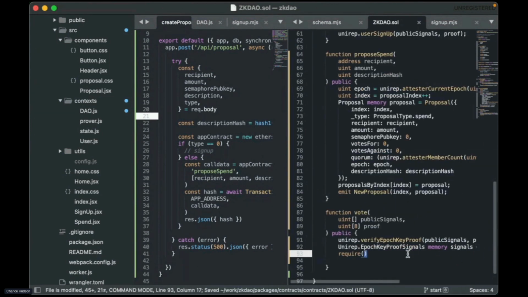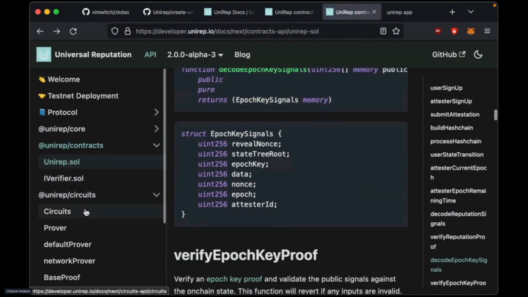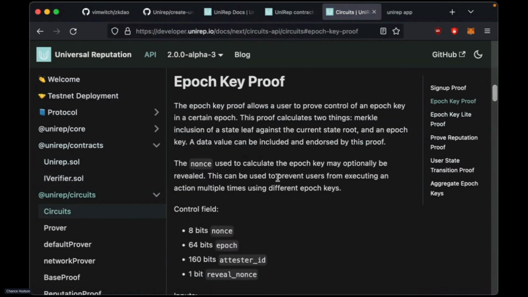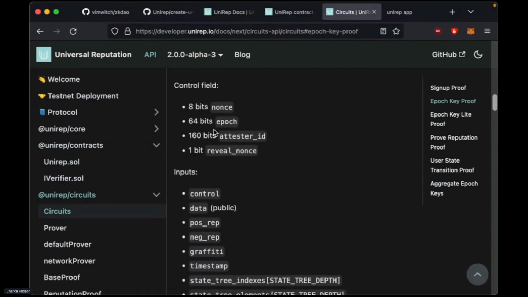So one thing that we do in these proofs, this is actually something I kind of want to talk about. So yeah, we have this proof, and we have a lot of kind of small inputs, like a nonce, like this epoch, this variable like, should I reveal the nonce value? And so naively, we could put each of these into a public signal and give it to the proof. But then we have perhaps 4 public signals for what could be put into a single signal.